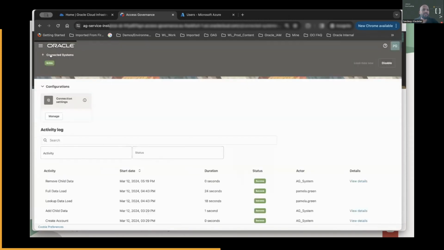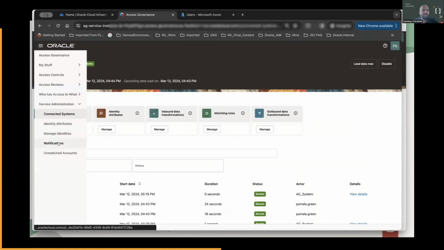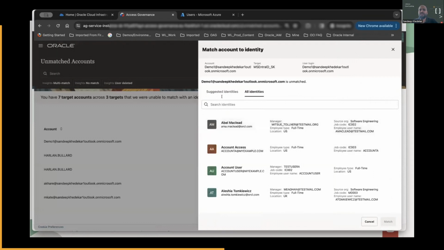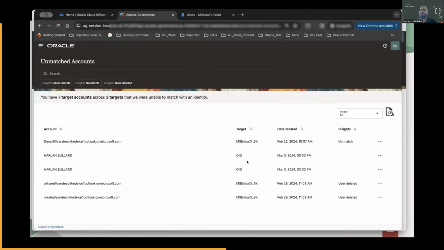So again, there's one more thing that I wanted to show, which was the unmatched accounts. Once I do a reconciliation from the target system, if there's no owner in access governance, you have an opportunity: either it can suggest, or you can just go ahead and manually link that account. So these unmatched accounts are a lot of times the orphan accounts, which do not have an owner in the target system. You can either link it if you know it, or you can take an action on that. You can take this CSV out and go through them.